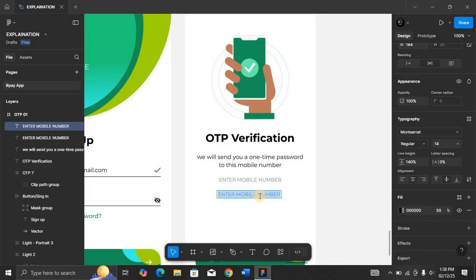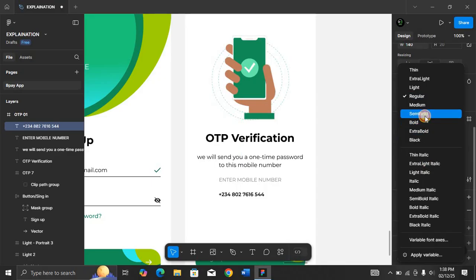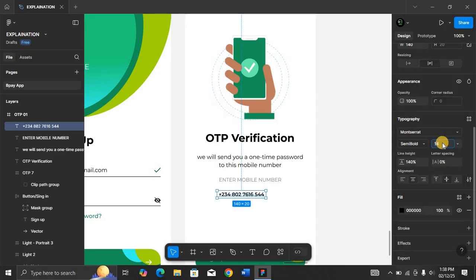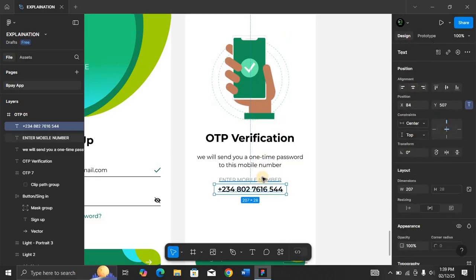So the number, yes, let's make this 20 as semi-bold. Remember to change it back to 100. The number should be bold, and let's make it semi-bold, and then let's make it 20 to be somehow bold very well. Okay, align to center, and remember to readjust. This should be